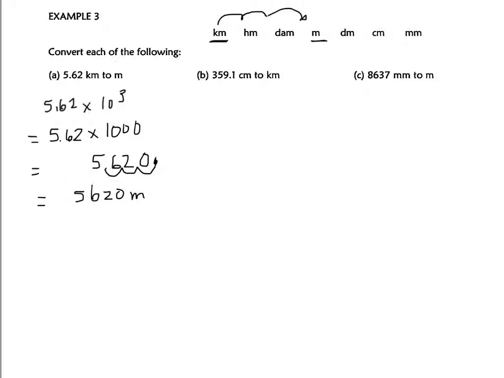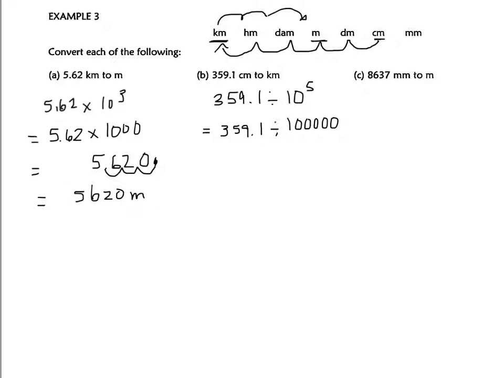The next one, you're going from centimeters to kilometers, so that would be here, and you're moving 1, 2, 3, 4, 5 places to the left. So that would be 359.1 divided by 10 to the power 5, which is 359.1 divided by 100,000. Moving the decimal 1, 2, 3, 4, 5, so you put 0.00